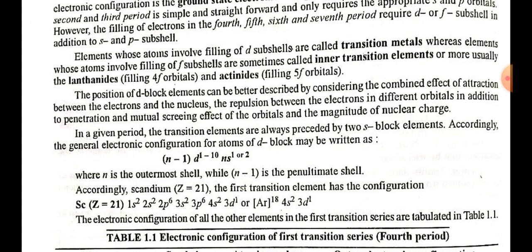For a given period, the transition elements are always preceded by two elements of the s block. The general electronic configuration for atoms of d block may be written as